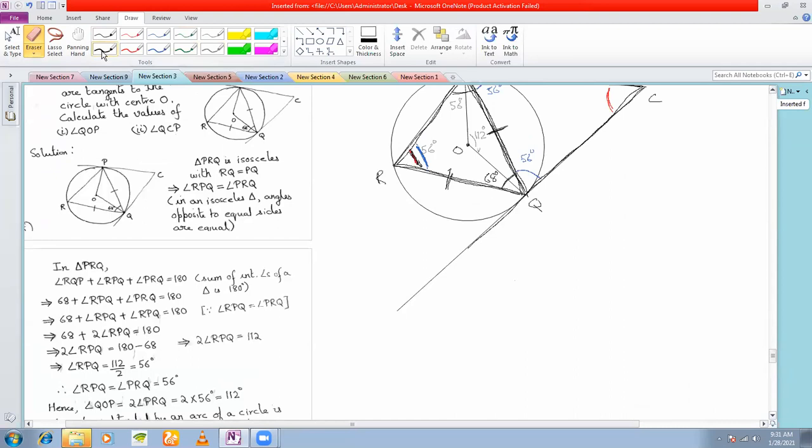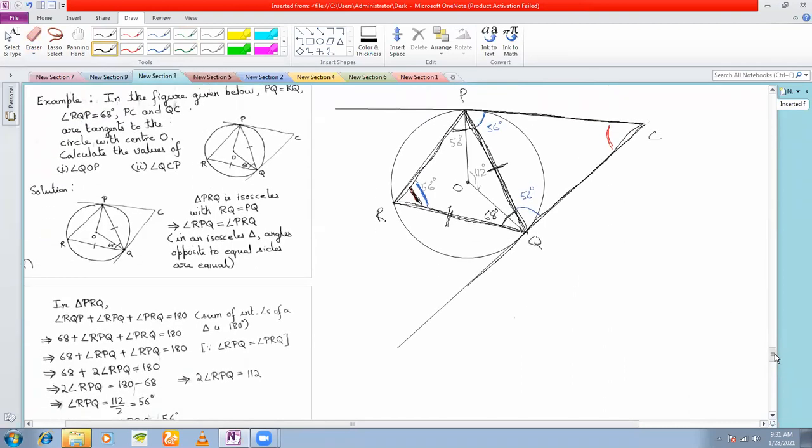Angle in alternate segment must be very clear. Okay, if it is not clear, you go through the videos, ask me again. So let us write for number 2, angle